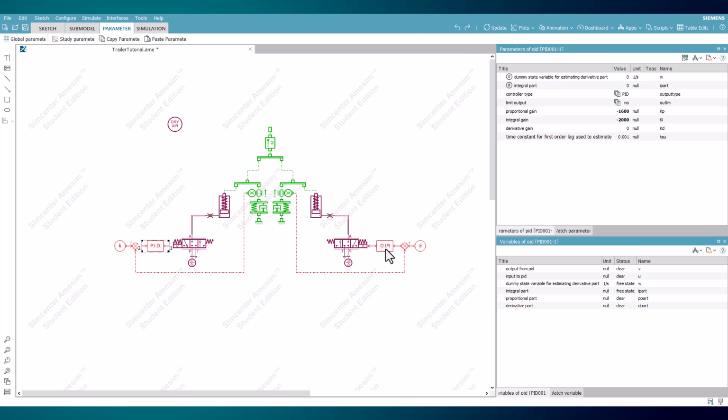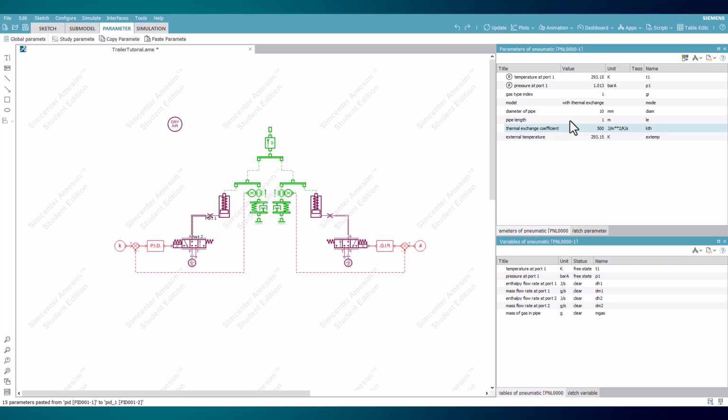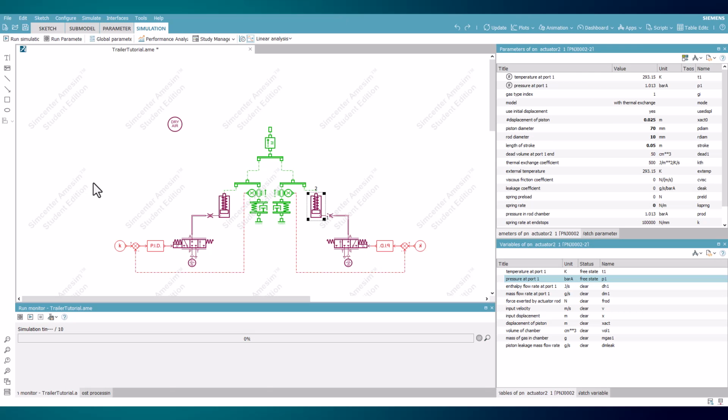Remaining parameters for the new configuration include making sure both pressure sources are equal to what was established earlier in the video. Also, open the parameters of the pipes between each valve and orifice and decrease the length to 0.2 meters. And with the model fully parameterized, move to simulation mode. With the linear analysis option enabled, perform one simulation.